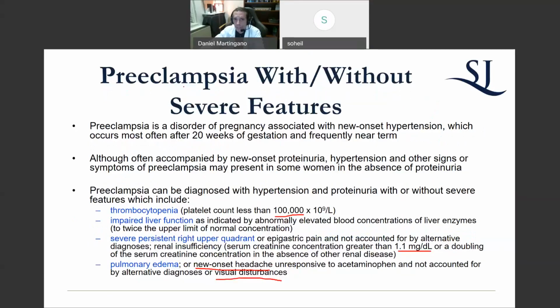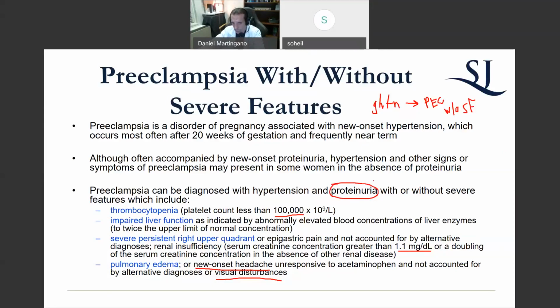But preeclampsia without severe features is really your next step. So you have gestational hypertension, and then in the pathway, you have preeclampsia without severe features, okay? Sometimes this is how you'll see it abbreviated, without severe features. So the only difference between gestational hypertension and preeclampsia without severe features is simply the presence of proteinuria, okay? You're going to have mild range blood pressures, so 140 to 159 systolic and or 90 to 109 diastolic, and